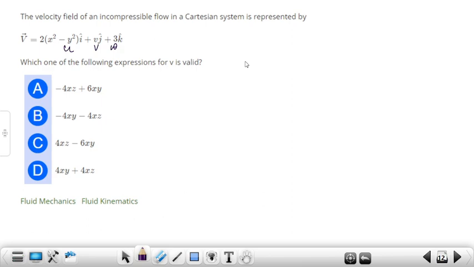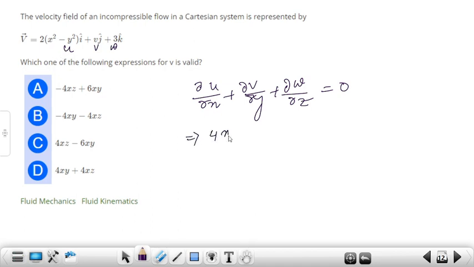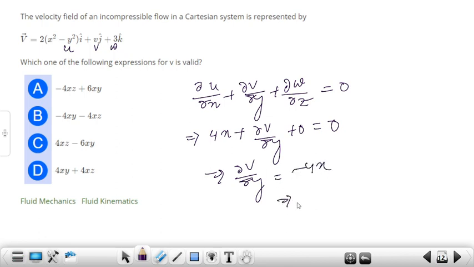to satisfy this equation, del u by del x plus del v by del y plus del w by del z is equal to 0. So del u by del x is equal to 4x, plus del v by del y, and del w by del z is equal to 0. So del v by del y is equal to minus 4x, and del v is equal to minus 4x